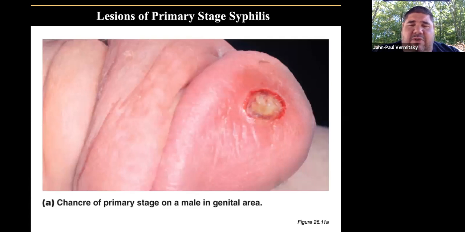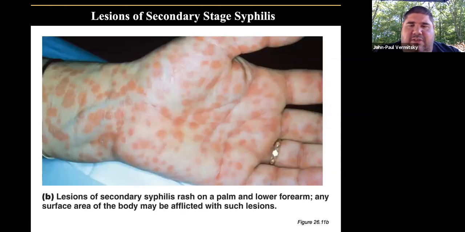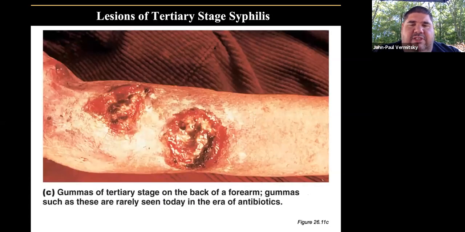This is the canker sore that develops, and this is actually on the penis here. You can see it. It's quite noticeable. This is the rash that can develop. And this is tertiary stage syphilis, where you'll develop these lesions throughout most of your body, and not just on